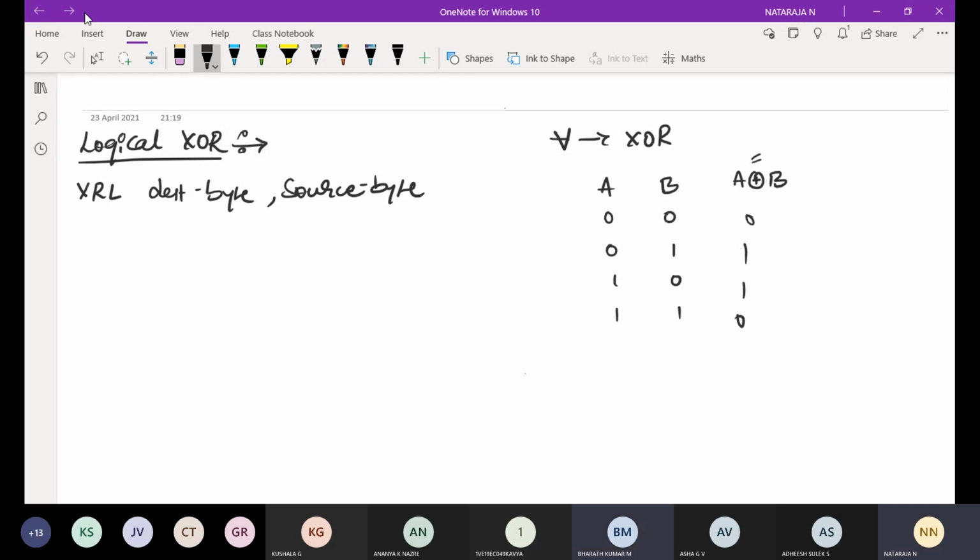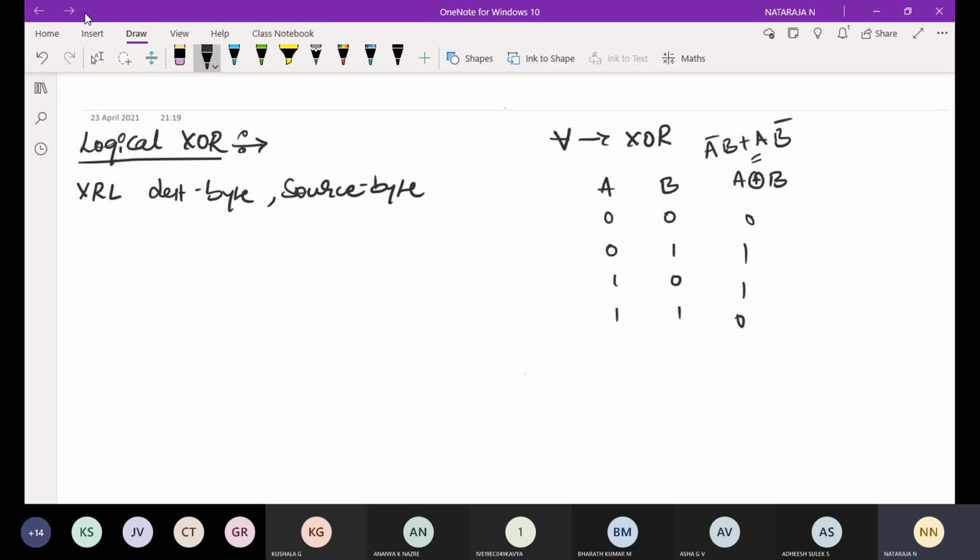XOR gate: A XOR B is equal to A B bar plus A bar B. Based on this, we are going to get this output.